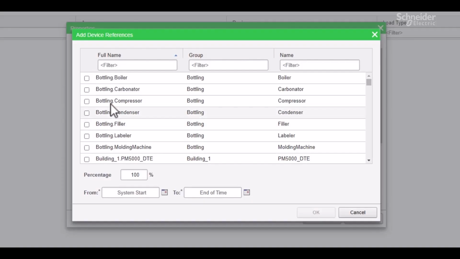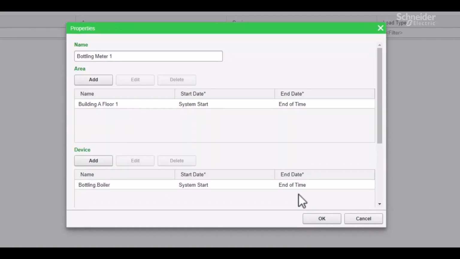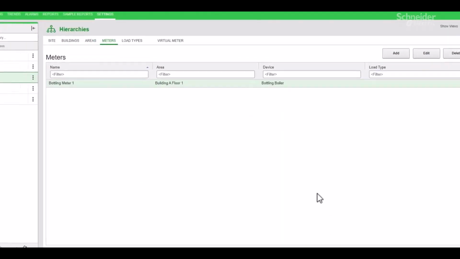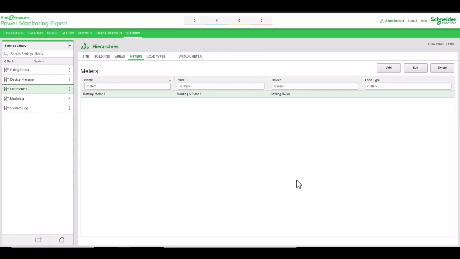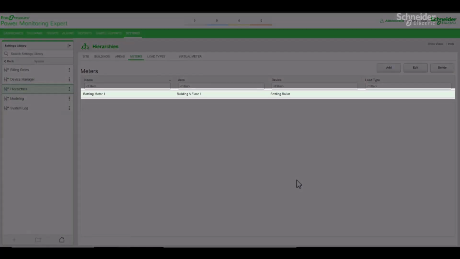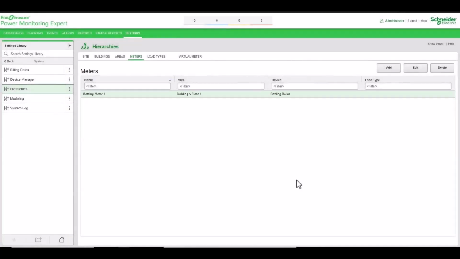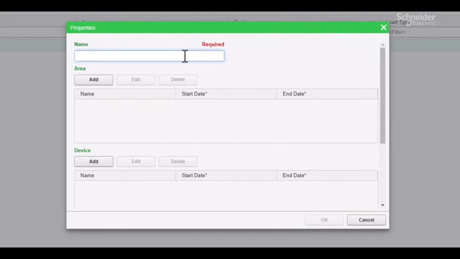Under the device property, we will click Add and link this to our bottling boiler meter. When we click OK, we can see our first meter node entry. We will repeat this process, creating 3 additional bottling meters, which will be associated with our remaining area nodes.